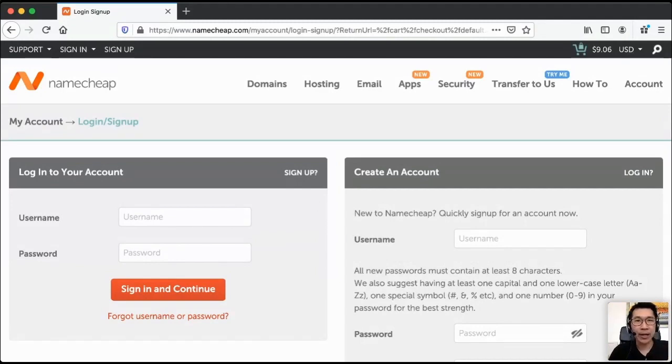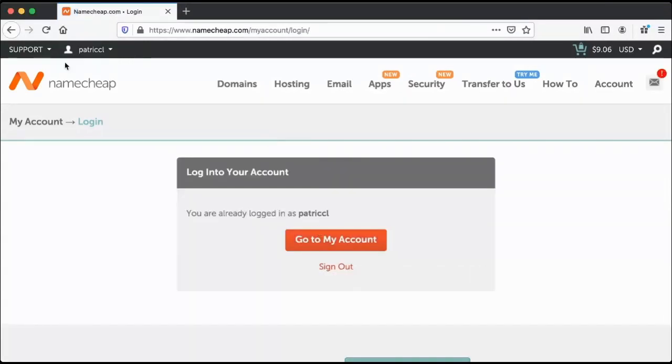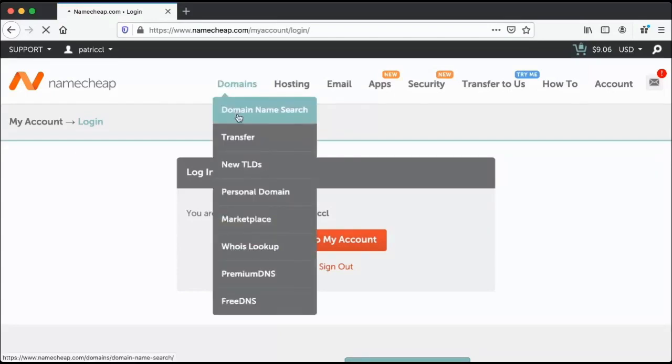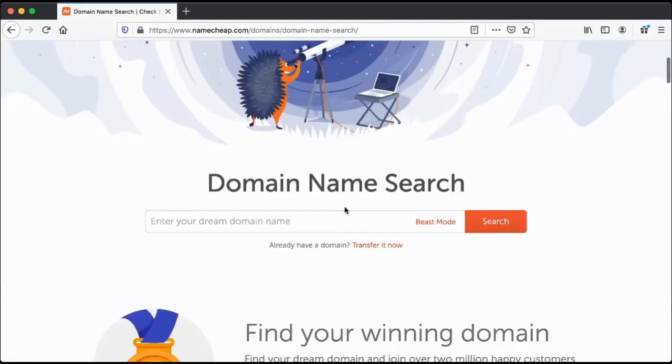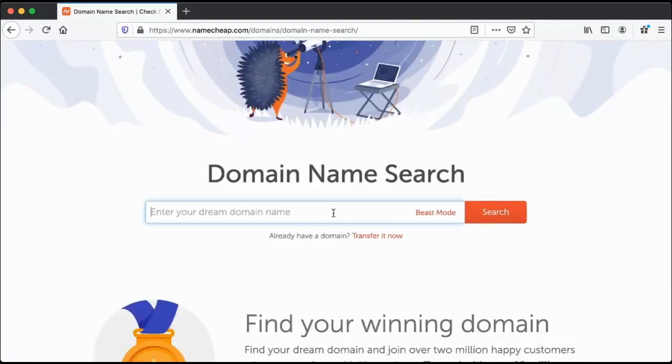So let me just go ahead and do some editing at my end here. I'm going to log into my account first. Give me a second. Okay, you are already logged in. Good. So let's go to domain search. We are going to say buy a domain name.